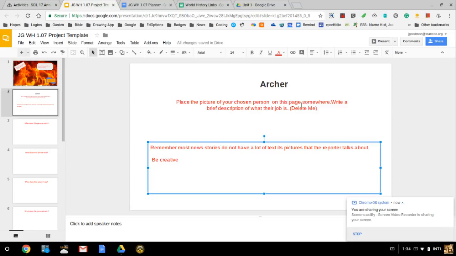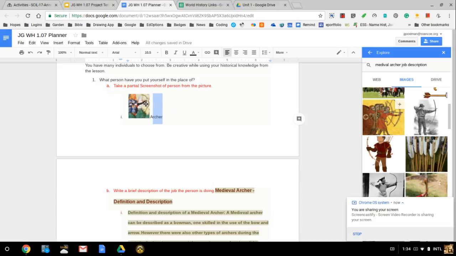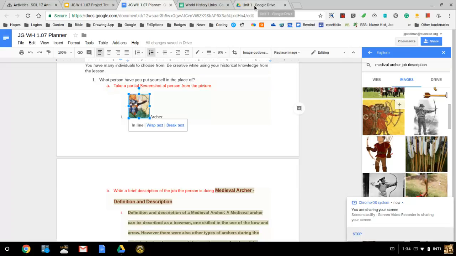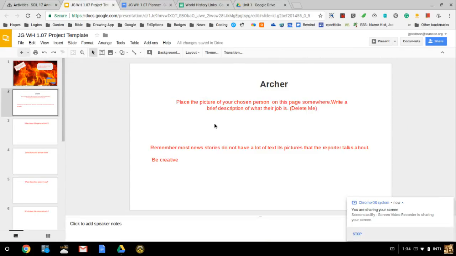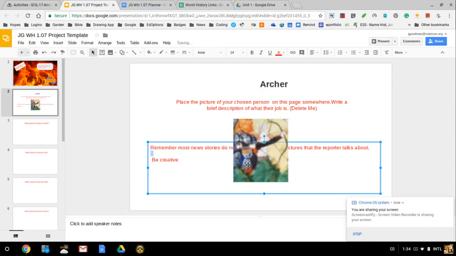Now place the pictures you've chosen. Remember, we went and made a copy of the picture, correct? So you should have your picture right here. All you have to do is alt click, copy it, then jump back over to your project, click on the project, paste it, drag it wherever you want it, and then you can make it bigger. So now you have your picture. Then remember,